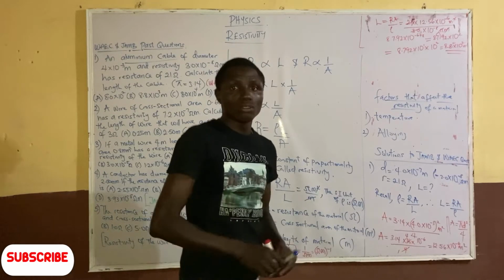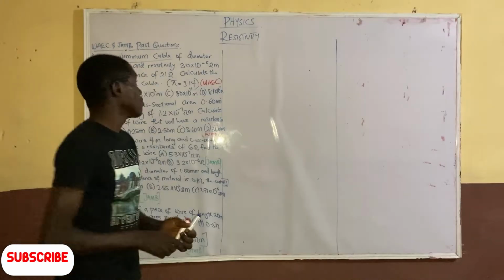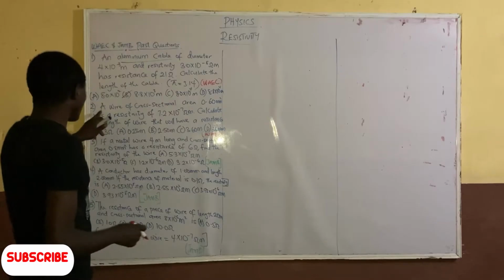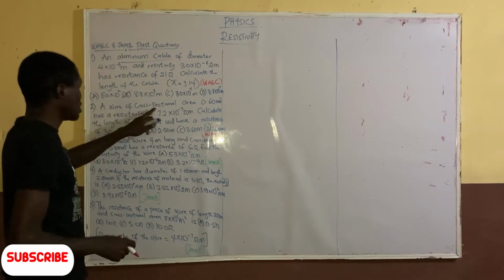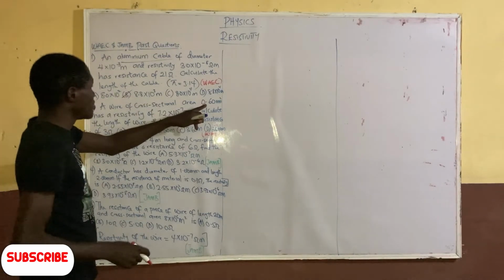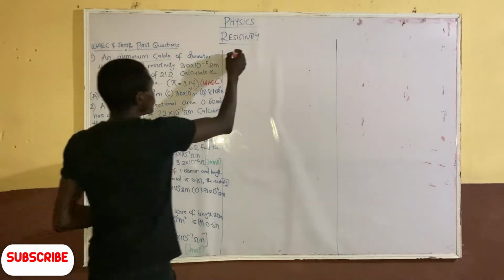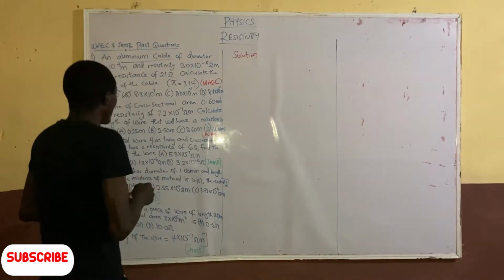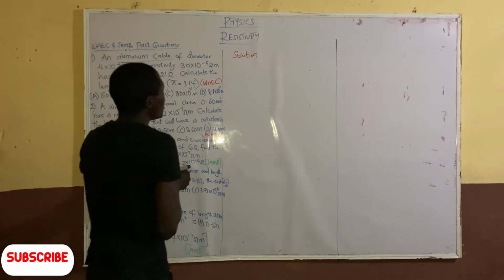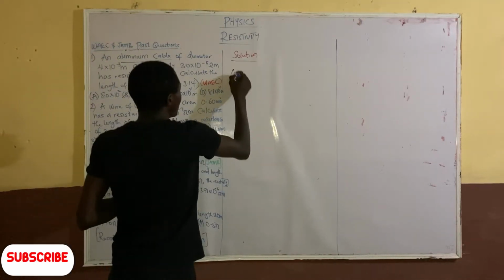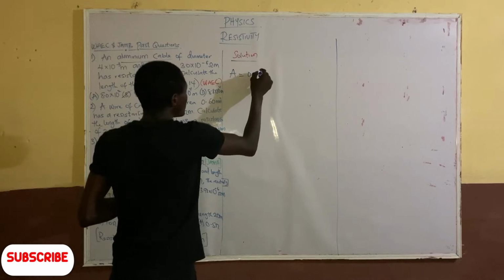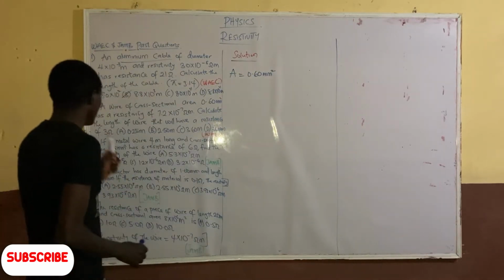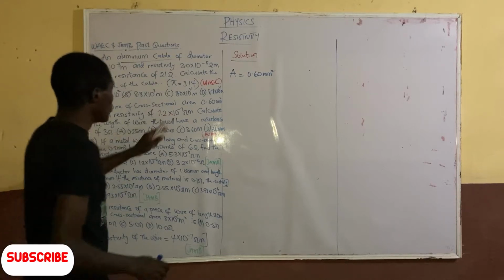Now let's go into question number 2. Question number 1 is option B. Question number 2 says a wire of cross-sectional area 0.60 millimeter squared has a resistivity of